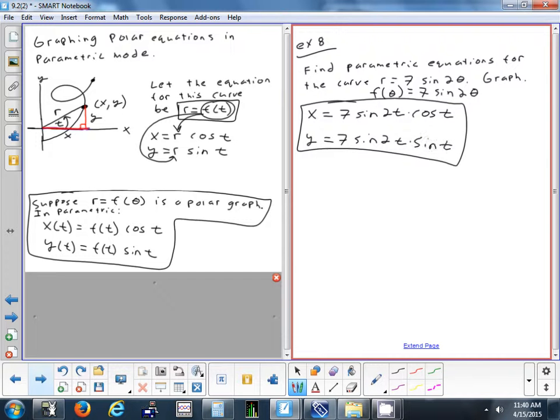That's all you have to do to change something that's in polar to parametric. Take what they give you in polar, write it down, just change it to a t. Put a cosine next to it if you want the x. Put a sine next to it if you want the y. And that breaks it up into your components. Okay,